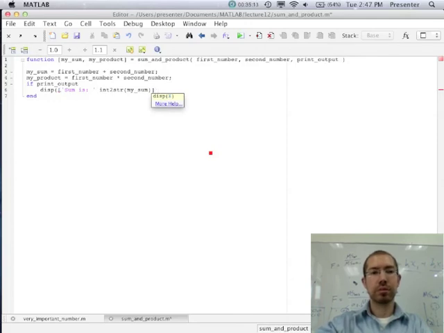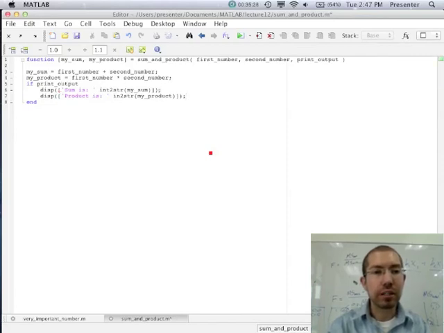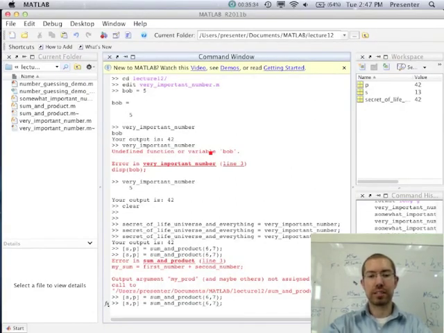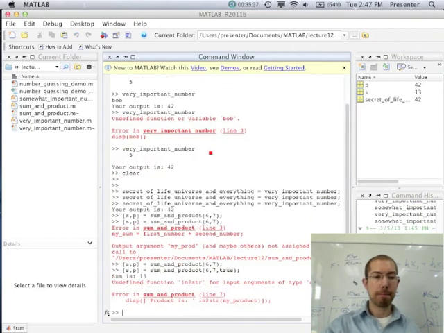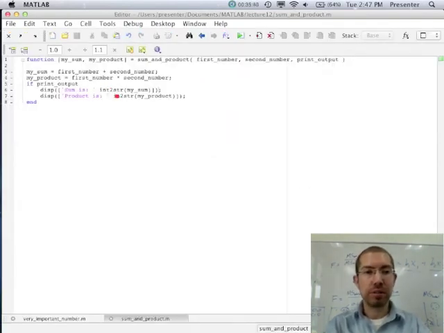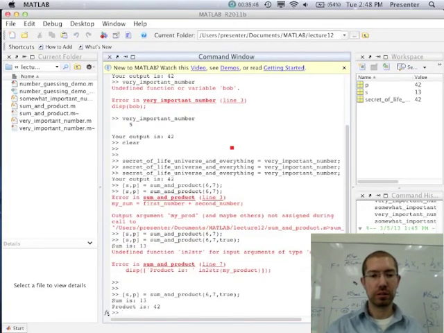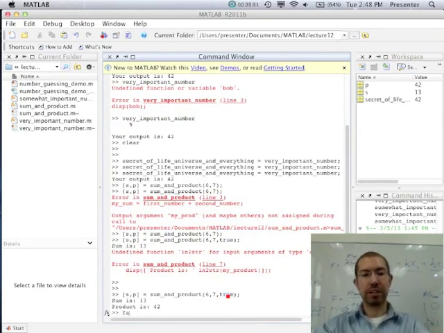Oops. And display product is, you don't have to exactly understand what we're doing here, but we're basically joining strings together as matrices, as we did a couple classes ago. All right, I screwed up somewhere. Oh, no, I didn't. Okay. So if we now say sum and product 6, 7, true. Oops. Oh, typo. There's no such thing as in toStr, but there's an int2str. All right, so now you see that if we send in true, it prints things. If we send in false,